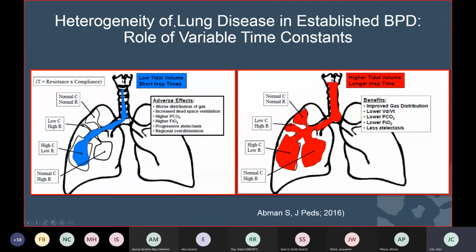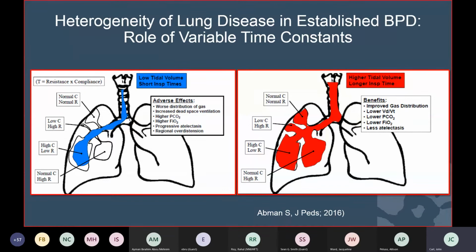So looking at a change in strategy from early to well-established BPD, you don't want to have low tidal volume and short inspiratory times. What you want to do is aim towards higher tidal volume and longer inspiratory times, which improves the gas distribution to areas that have different degrees of compliance and resistance, with lower CO2 levels,